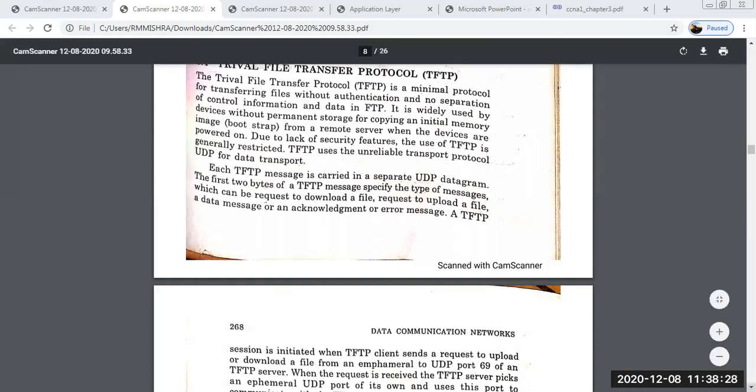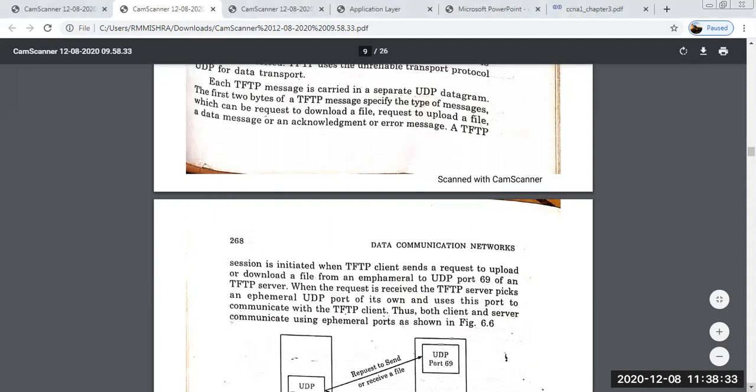So अभी मैंने आपको बताया ये UDP को यूज करता है डेटा ट्रांसमिशन के लिए। So message is carried in a separate UDP datagram. The first two bytes of the TFTP message specify the type of message. जो पहली दो बाइट्स होती हैं, जो भी मैसेज TFTP के थ्रू ट्रेवल कर रहा है, वो पहले दो बाइट्स उसमें रिप्रेजेंट करती हैं किस तरह का मैसेज है, टाइप ऑफ मैसेजेस, which can be a request to download a file, request to upload a file, a data message or an acknowledgement or error message, इसमें से कुछ भी हो सकता है।